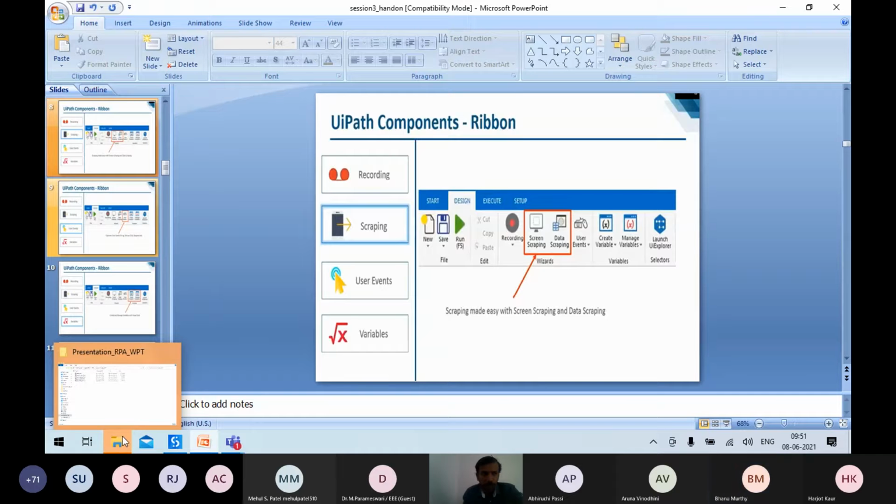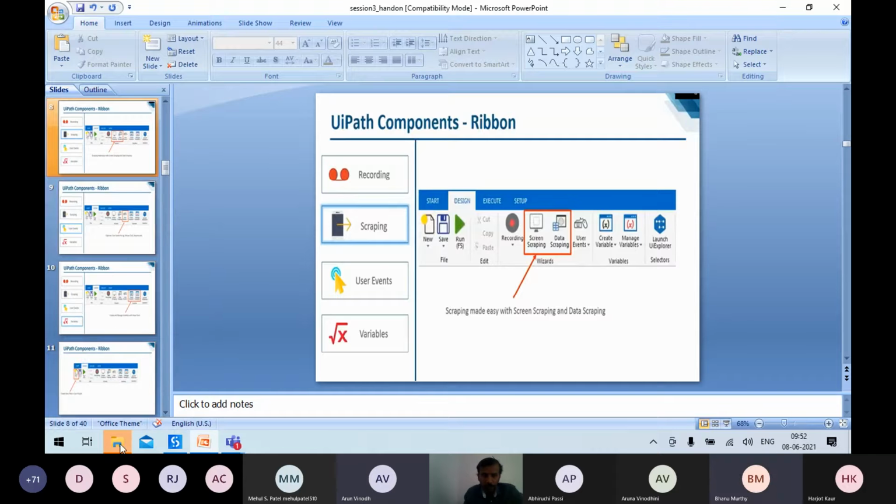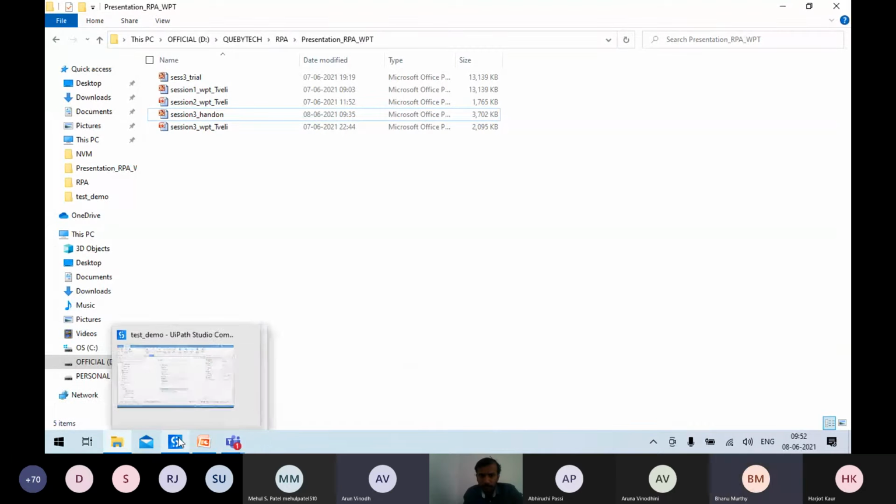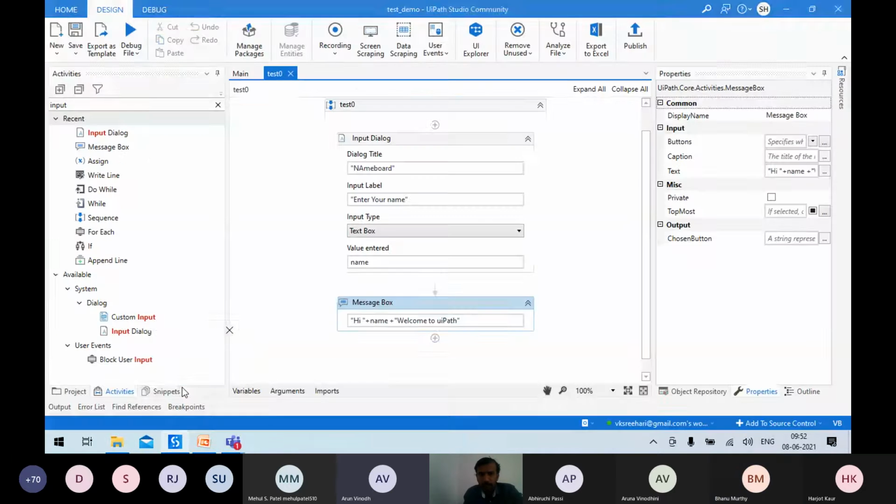Is anybody else having this issue? Sorry to interrupt. I think you have installed some different software, Studio X. Yes, sir, it might be right. But they verified it yesterday, right? They installed the correct version. When you are installing, three options will be shown: Studio X, the center one is Studio, and the last one is another.